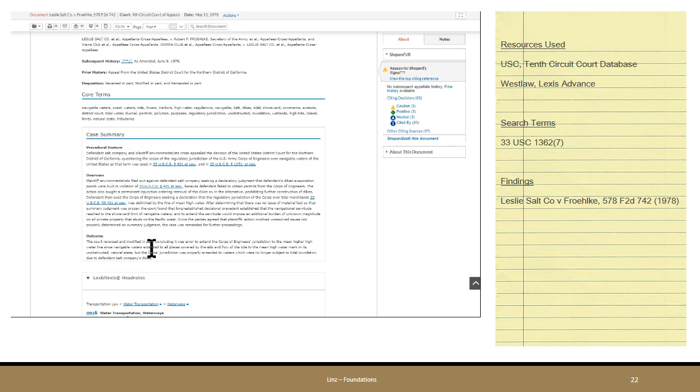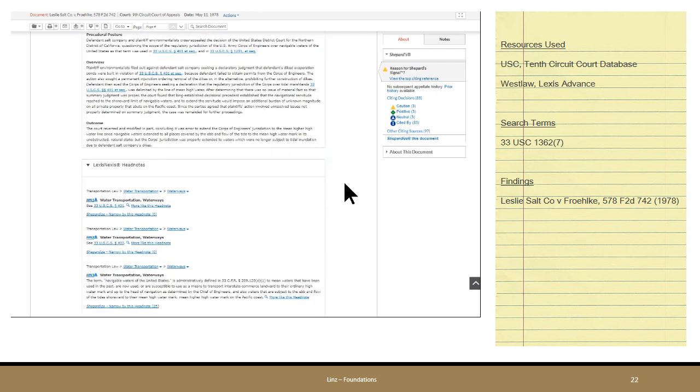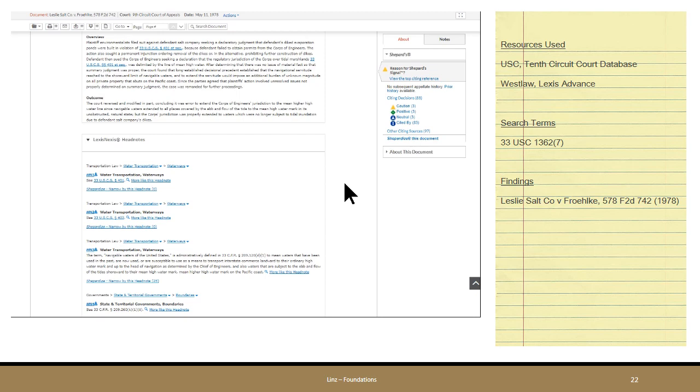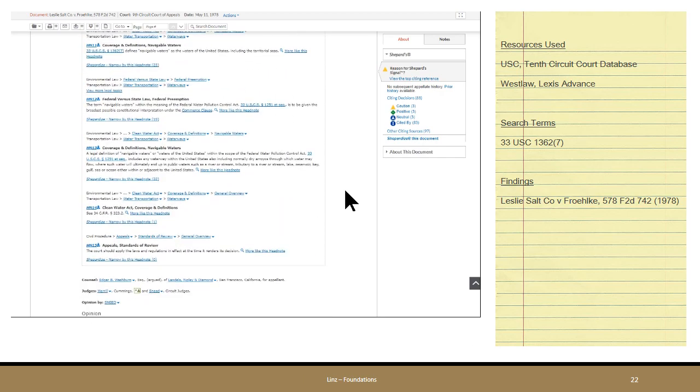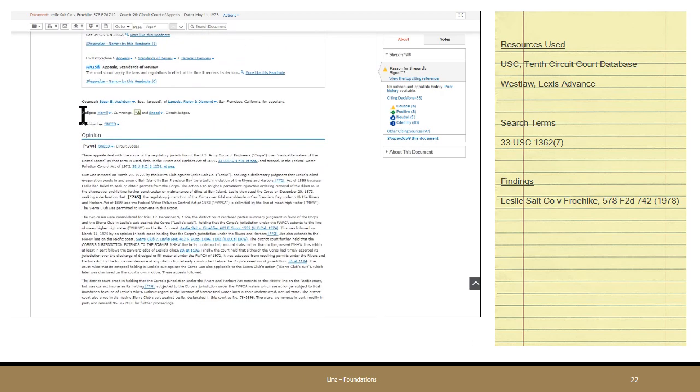an overview, and an outcome. So we can pretty quickly get a sense for what's going on here. There are the Lexus headnotes that we looked at in the slide presentation. Let's skip over those for now. There are quite a few of them. We then jump to the counsel. This is the attorneys who argued the case, the judge who issued the opinion, and here is the opinion of